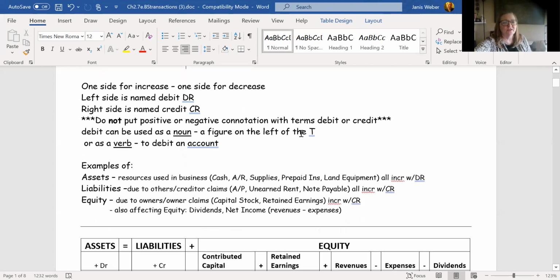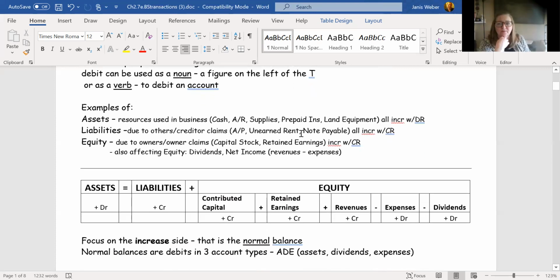Let's go ahead and go to these examples. I talked to you a little bit about assets, liabilities, and equity in the previous lecture, but basically reminding you, assets are resources the company uses. And so they're things that the company owns, that they've invested in, they can use to make money in the future. And so some of the examples would be cash, accounts receivable, supplies, equipment, land,